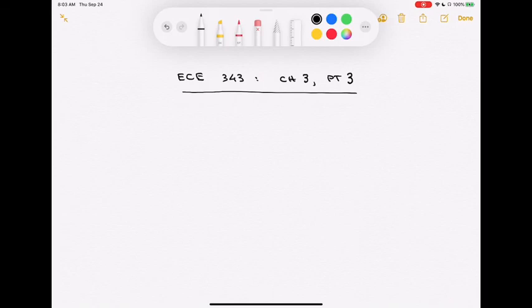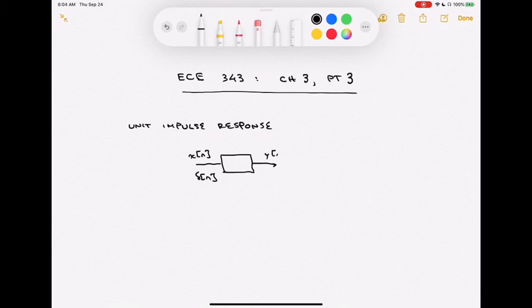Last time we did the zero input response, and this is our transition function to get us to where we can do the zero state response for those systems described by constant coefficient linear difference equations. So let's take a look at this thing called the unit impulse response. As we would expect, the unit impulse response is just how a system responds to an input that is set equal to a delta function. So our input x of n, we're going to let be delta n. The output y of n then by definition is going to be this thing called the unit impulse response,